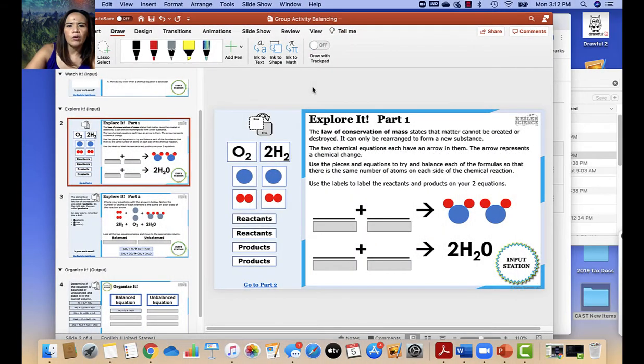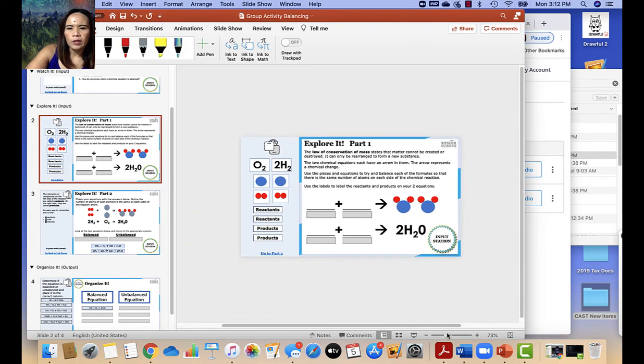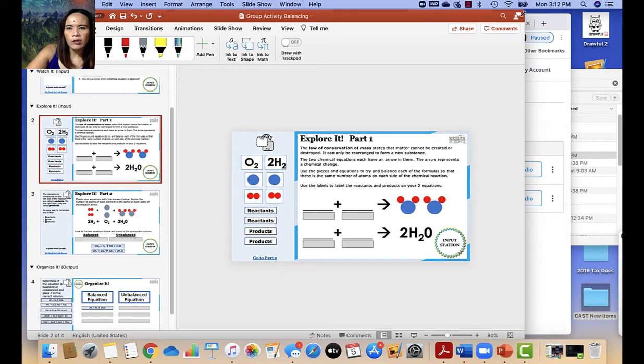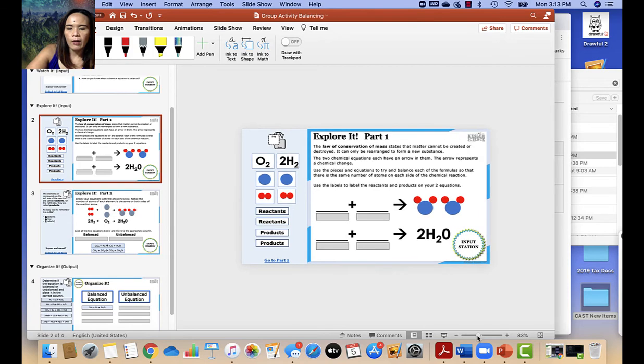All right. So this activity that I did with my students is about balancing equation. So according to law of conservation of mass, ang sinasabi dyan that matter cannot be created or destroyed, it can only be rearranged. So sa example na ito, kung nakikita ninyo, hindi ko siya i-full screen muna, but I will just zoom in para makita nyo na we can represent the atoms of the elements using the ball, molecular ball